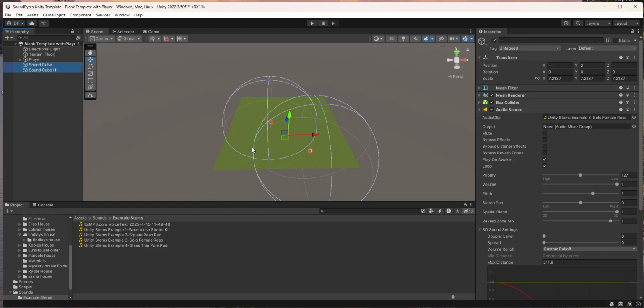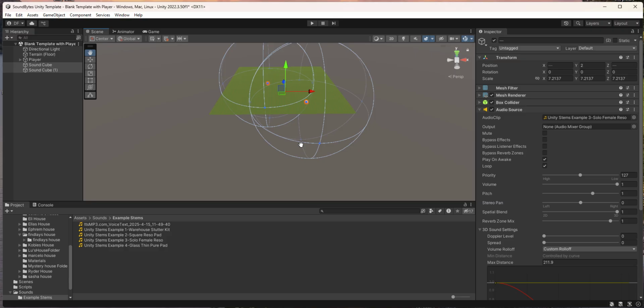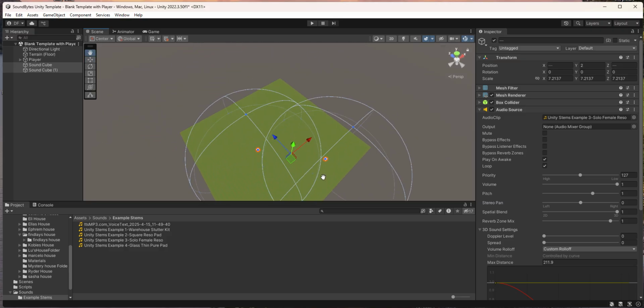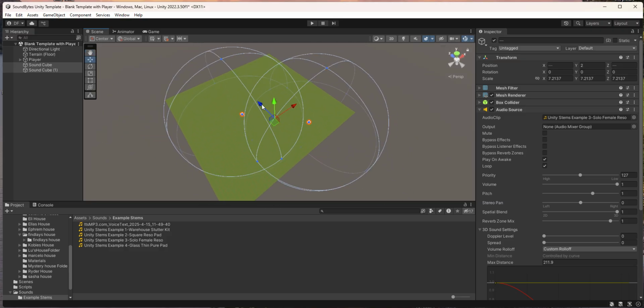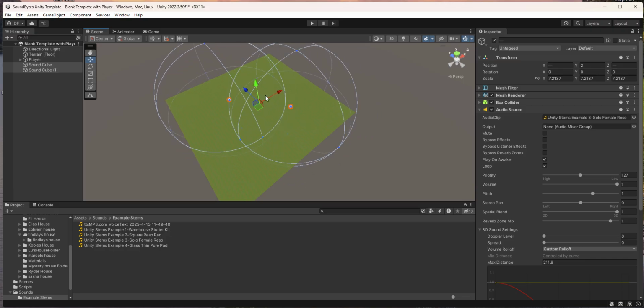If I highlight both of them at the same time, you'll actually be able to see both of the influences of their sounds. So we have some overlap in the middle, but not overlap over here and not overlap over here. That's pretty cool. If I go to Sound Cube 1,